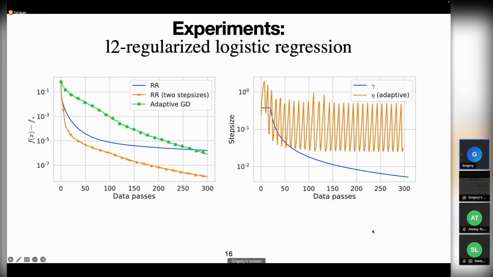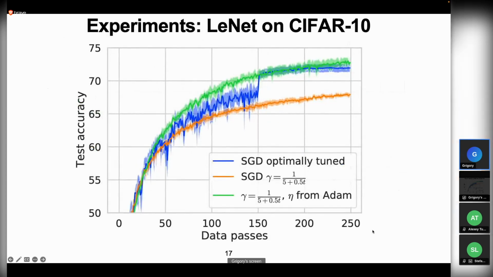We also go beyond theory for the deep learning experiment, and instead of using two step sizes, we also use two types of steps. For local steps, we use SGD, and for the server-side step, we use Adam, just one Adam step. And we see that this scheme significantly outperforms just optimally tuned SGD and SGD with